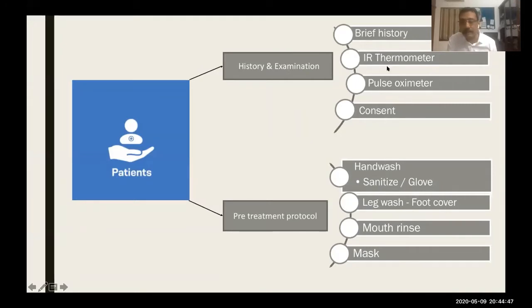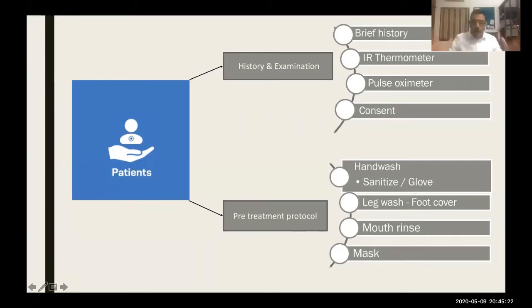oximeter test. Okay. This thermometer is not really indicative because if the patient is having any mild fever or pain, he might have already taken analgesics and antipyretics. So it will not be of much consequence unless you are really checking the patient, your workers, if you're checking the workers every day. And if there is any mild difference, you can find out for a person whom you are going to see every day. And the last but not the least is the consent that you need.